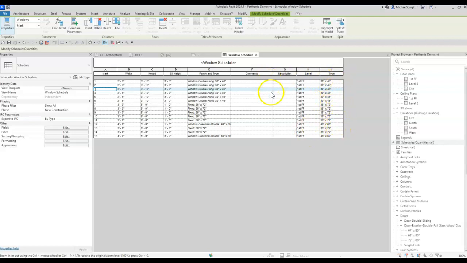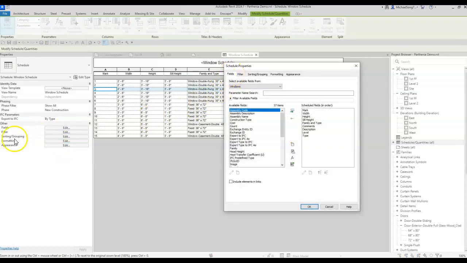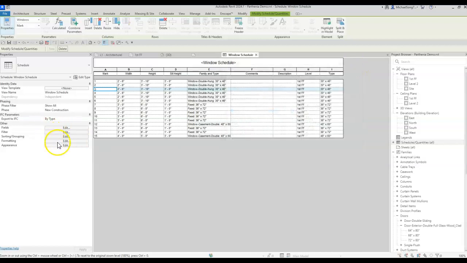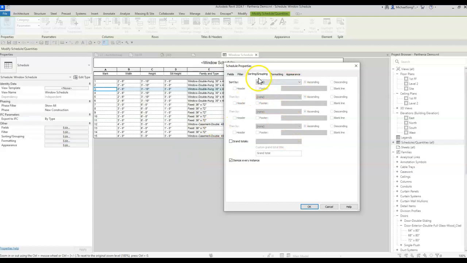So again, I'm going to make some adjustments here. I don't need, well, maybe I'll just take away the comments and leave the descriptions. And then I don't need type, and I want to change this to family and not family and type. So I can click any one of these 5 edit buttons, it doesn't really matter. You see it says Fields, Filter, Sorting/Grouping, Formatting, Appearance. So it's the same thing. If I click on that, it just goes straight to